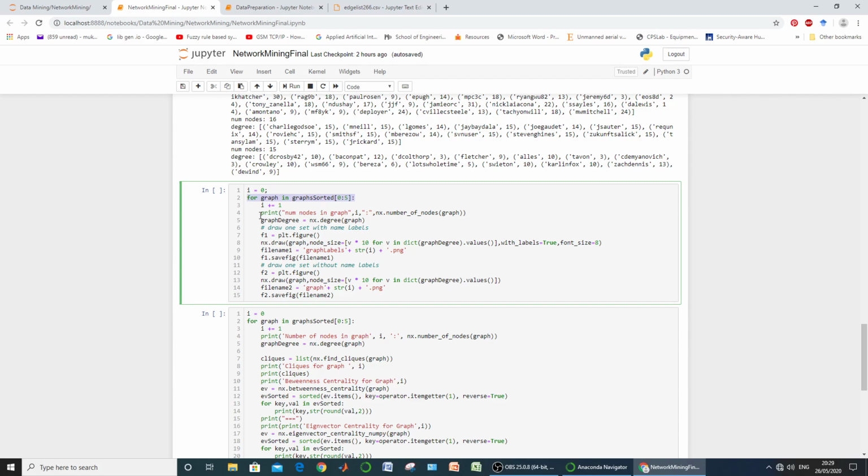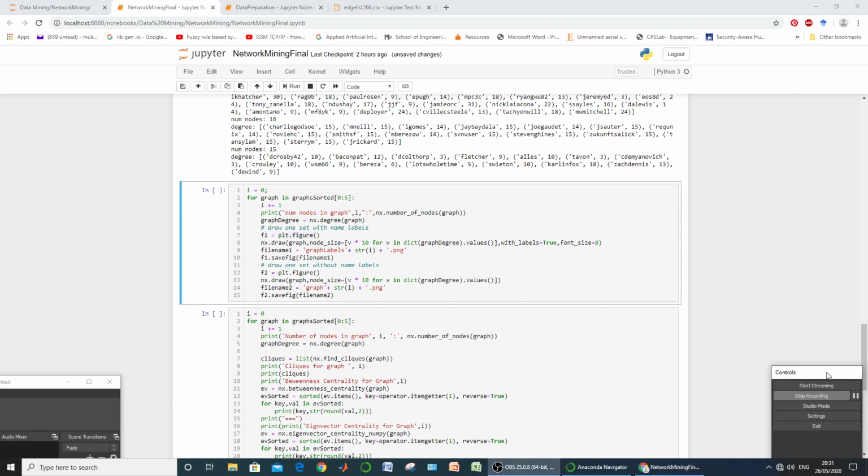So what we did is print the nodes in graph I, where I was initially 0, and graph degree was given to graph degree, meaning the degree view for the first graph is generated, and we draw it using f1 = plt.figure.